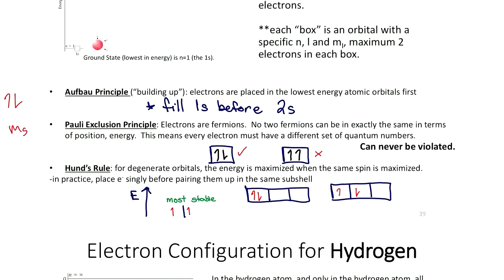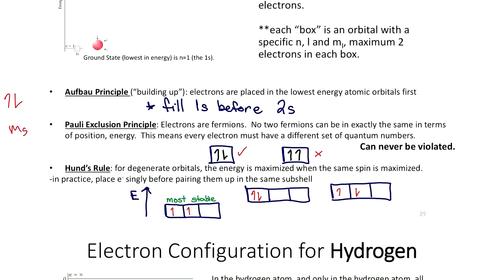So for example, if we had to put 2 electrons in this P orbital, we're going to give each of those electrons their own box, and they're both going to be spin up here. If we put both of those electrons in the same box, this arrangement of electrons is actually less stable, so you're not going to see this in nature. Also, you don't want to put them in different boxes and have different spins, because this does not maximize spin. So this picture is also less stable, so you won't find this in nature.